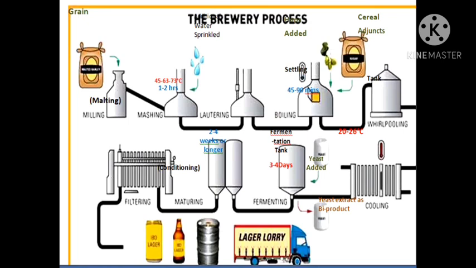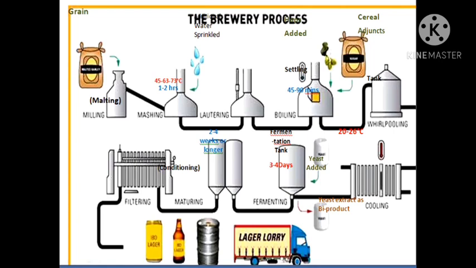Then it goes to the mashing vessels, which mash the product at a temperature of 63 to 73 degrees Celsius, and then the lautering. Then it goes to another vessel for boiling to settle things down, and then again to the tank for